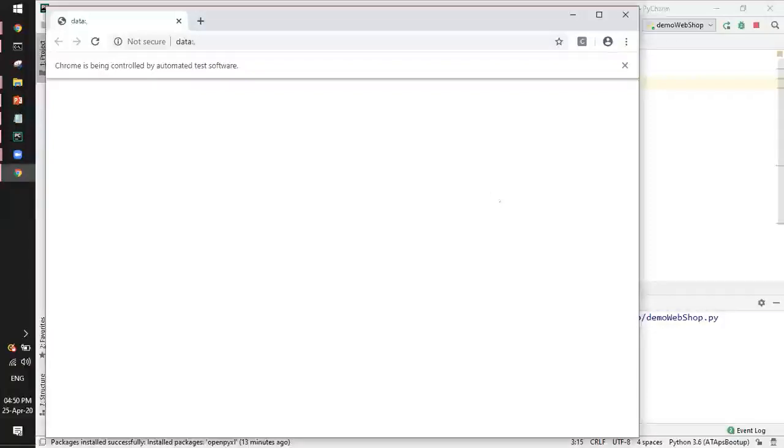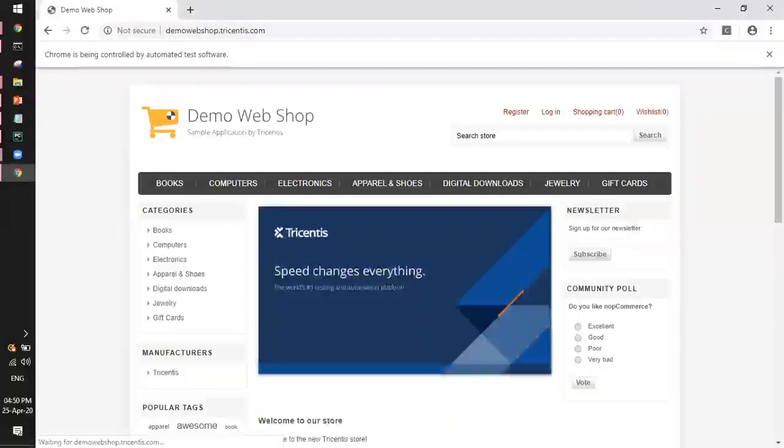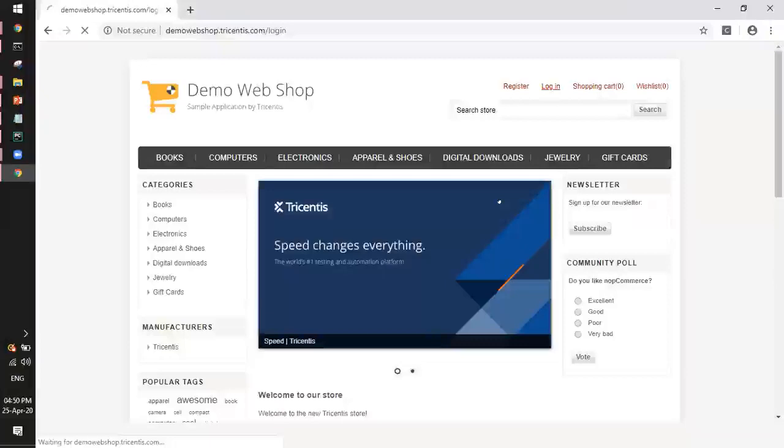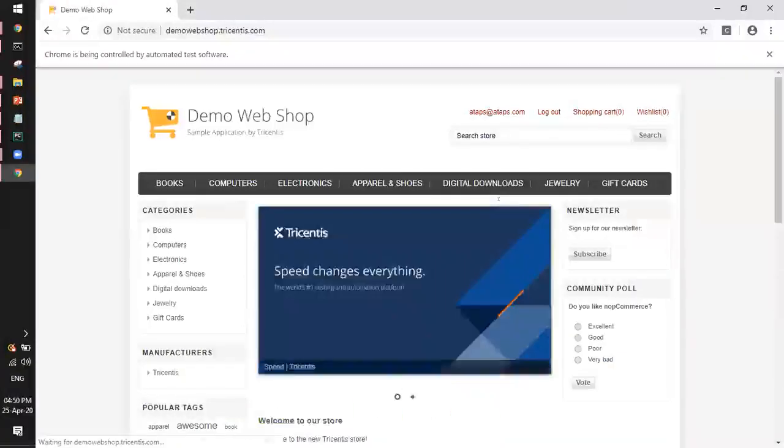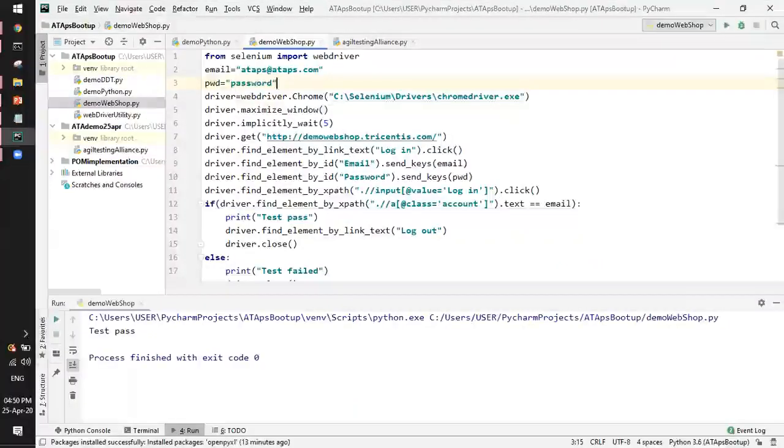Then I'll be entering the URL after maximize. I click login, I enter the values, and I say test pass. Now my motive here was to show that this is the way we can do a procedural way of execution in PyCharm.